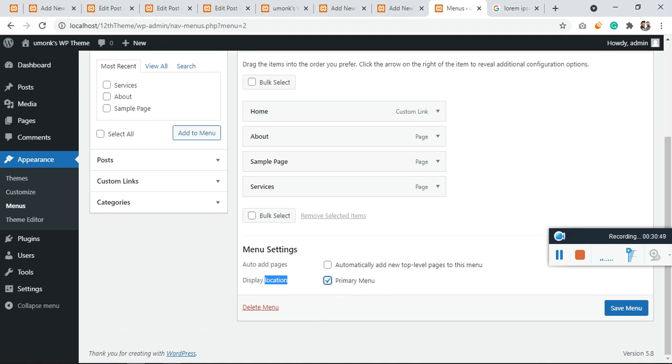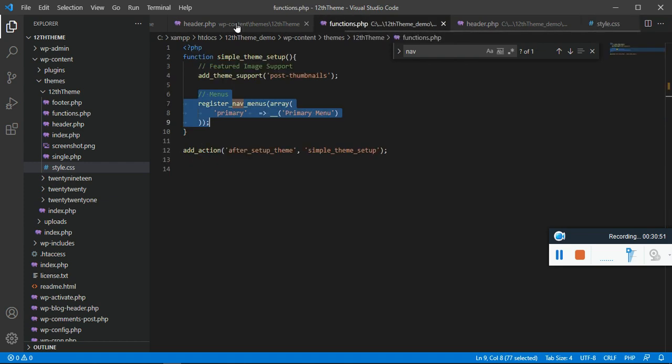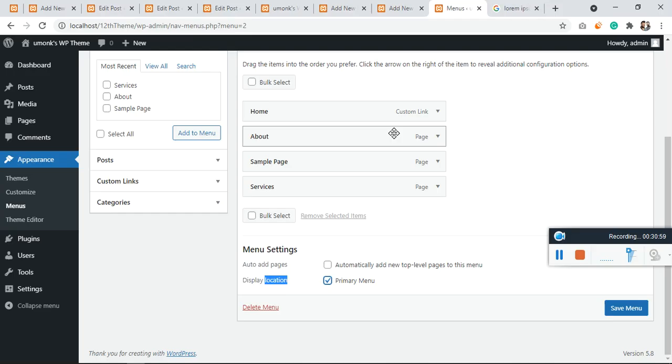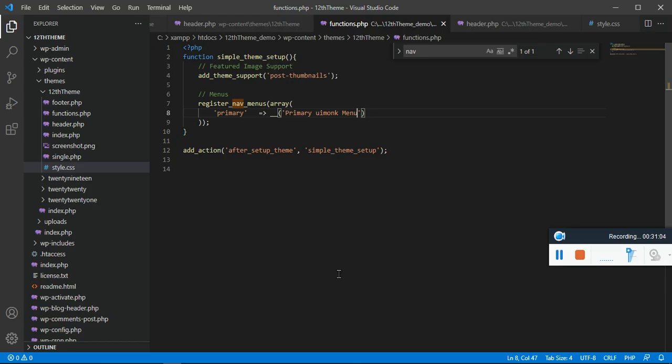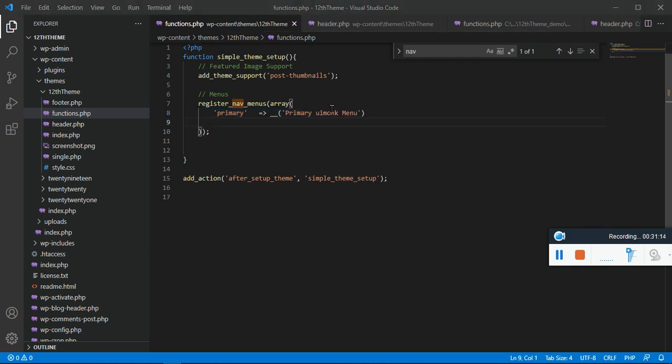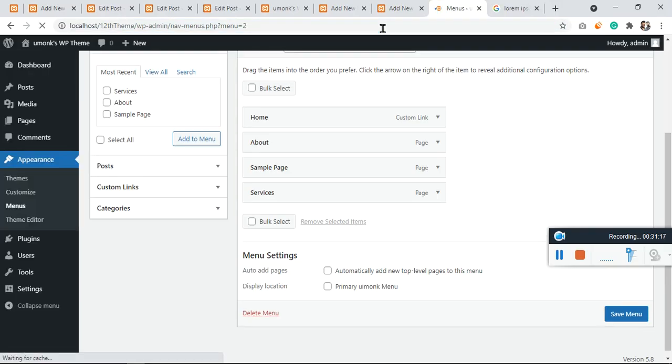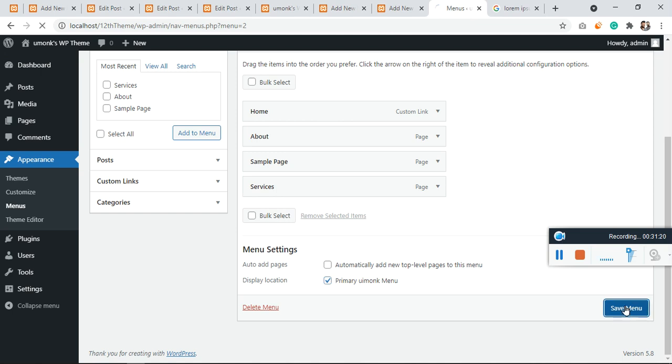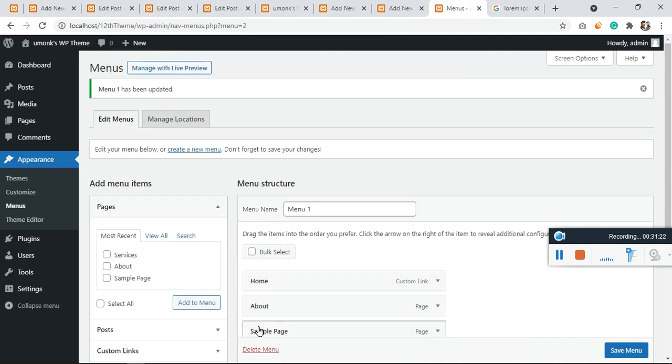This text is coming from the functions.php. Let me check again. So you got it. Just click on save menu.